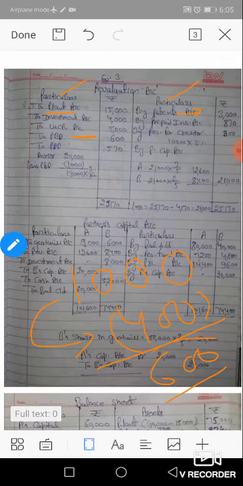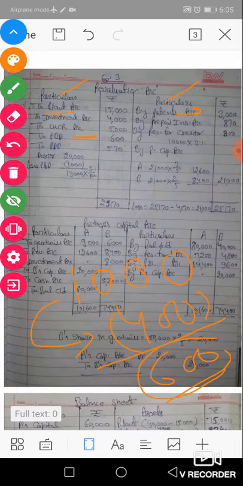So PBD increased by 600. Our liability is increased by 600 rupees. So to PBD, amount rupees 600. PBD increase means liability increase. Liability increase means loss, and loss is transferred to the DR side. New PBD minus old PBD: new is 1000, old is 400, so the increasing amount is 600. Transfer to the debit side of the revaluation account. Okay, come to next.